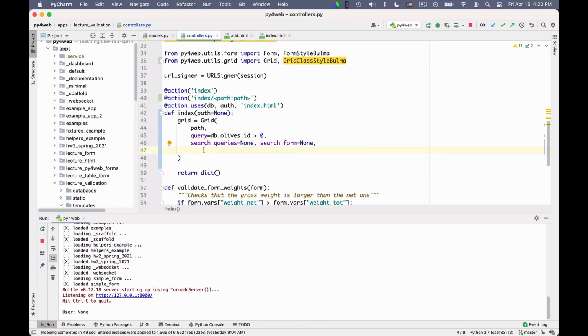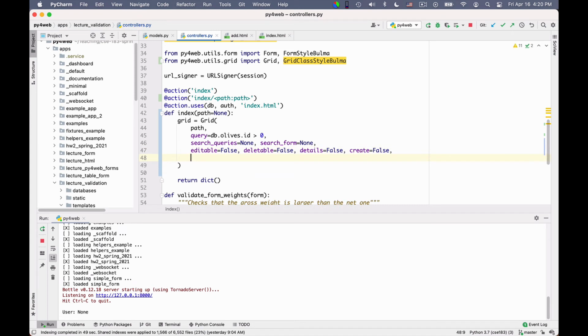So here I just want to disable these additional features of the grid that can be useful, but not in our case. So we say editable is equal to false, then deletable is equal to false. So you cannot edit, you cannot delete, you cannot see the details, and you cannot create new entries.